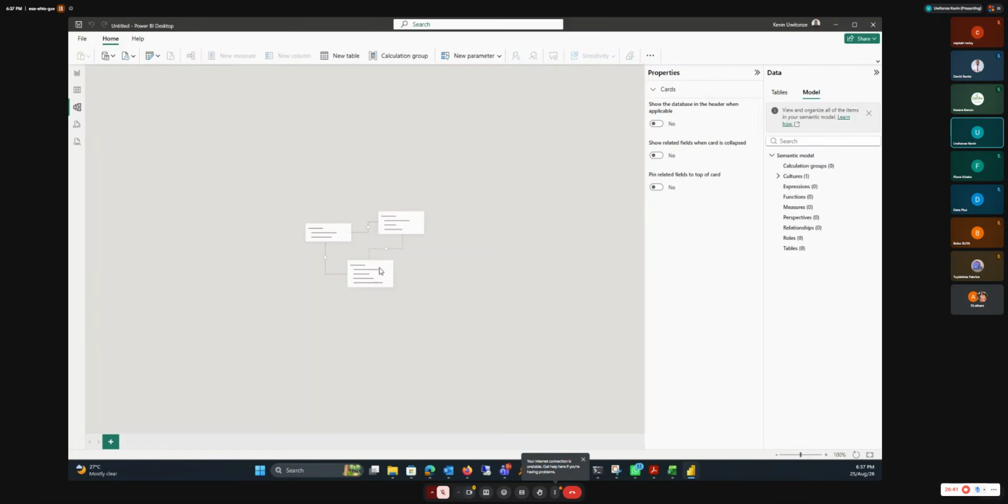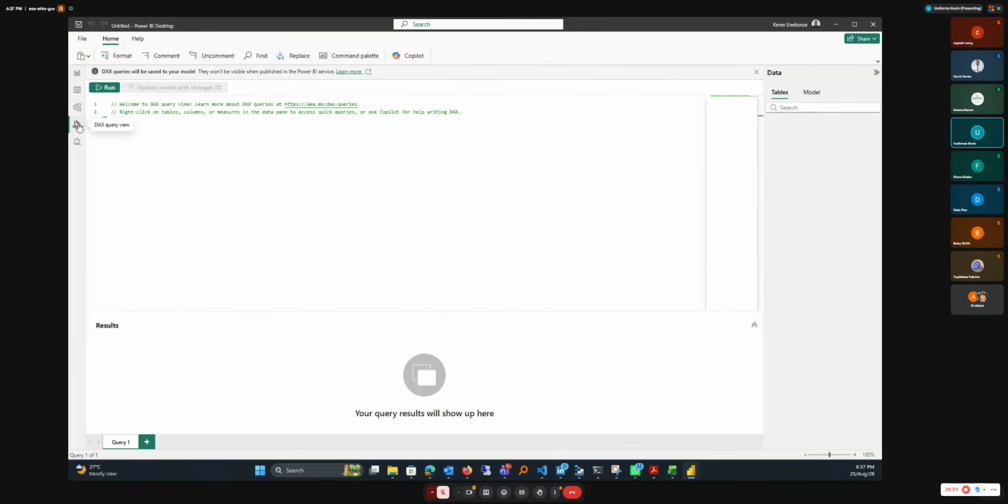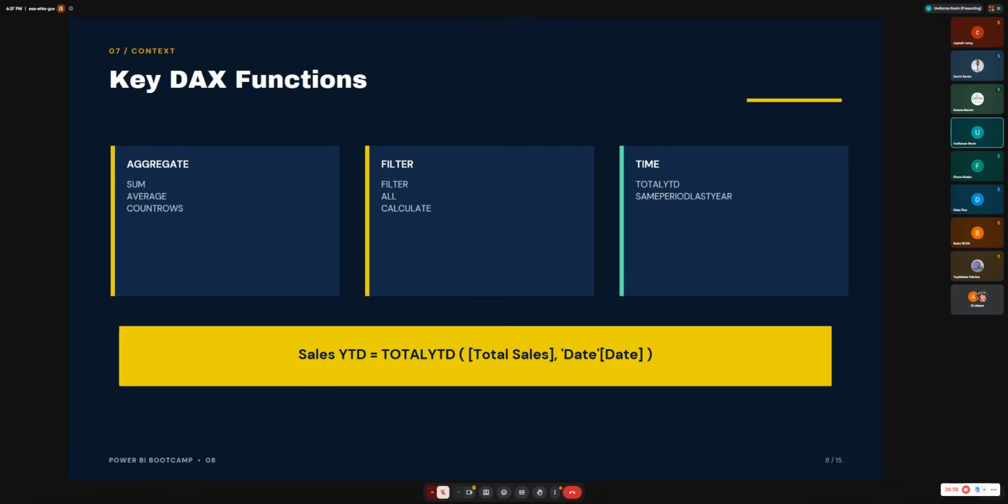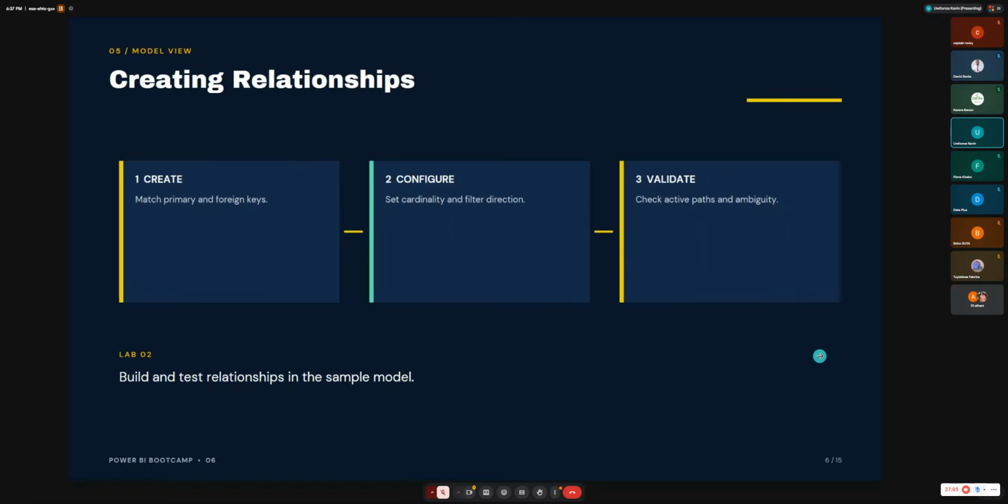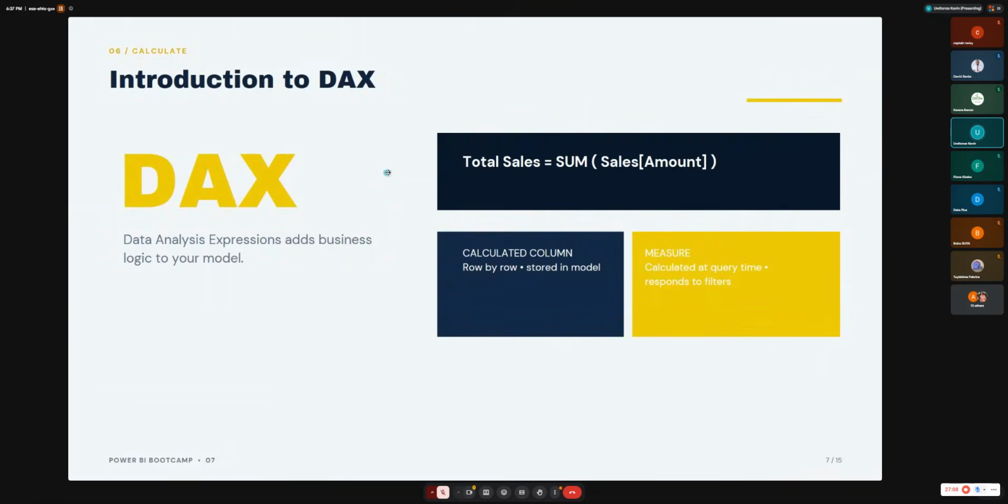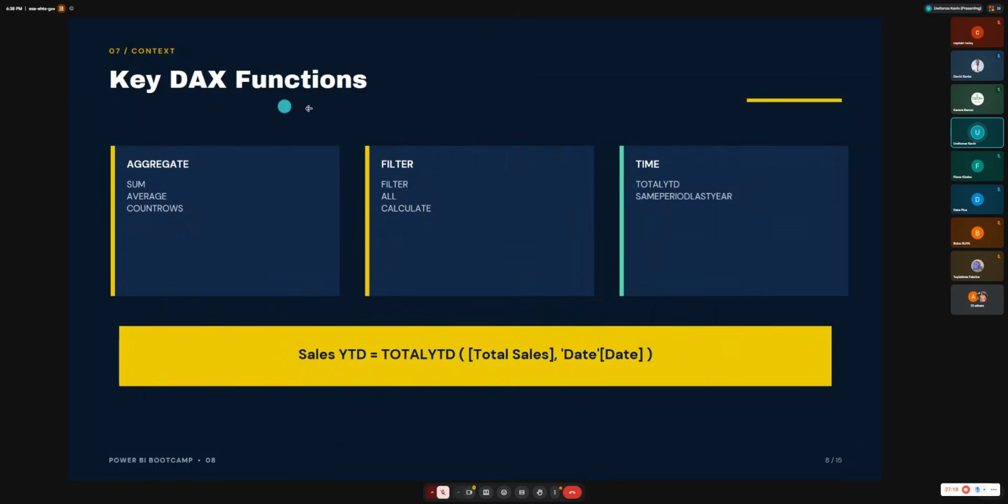And there is this task query view. This is where you build your expressions or formulas that we saw earlier in our presentation when we were talking about DAX. This is the DAX that we were talking about, where you create your own calculations or formulas. Okay, and these are the functions